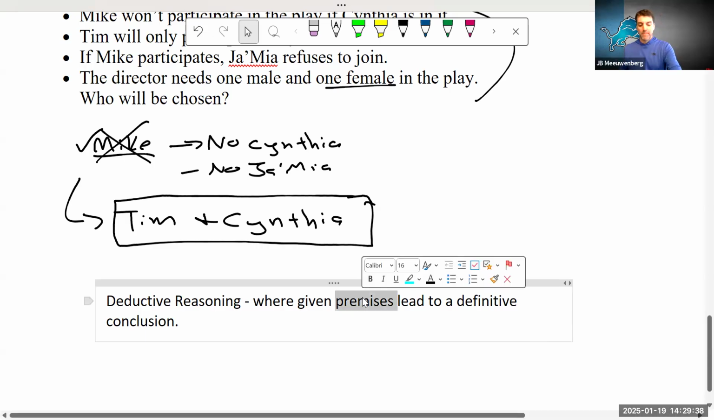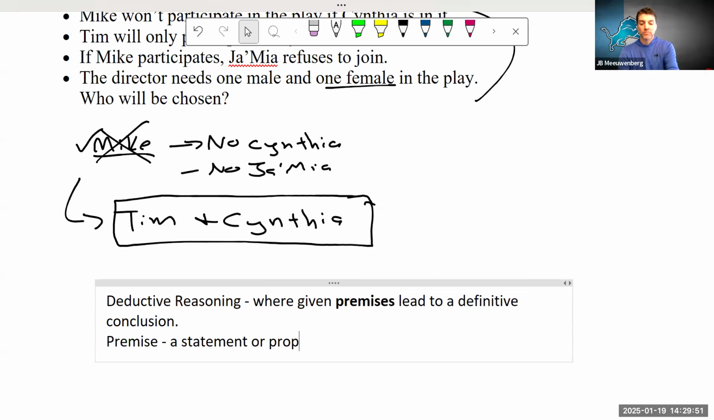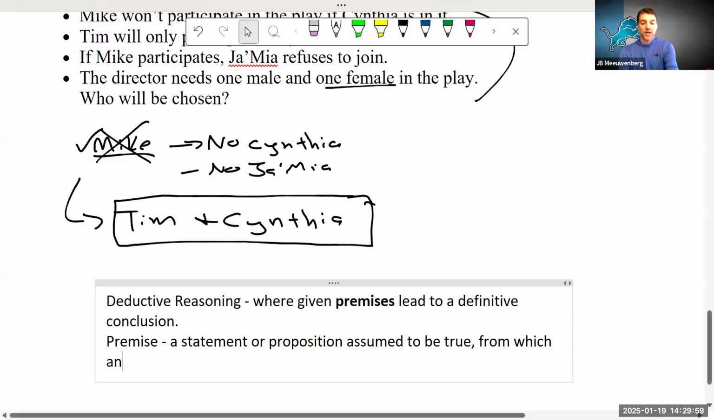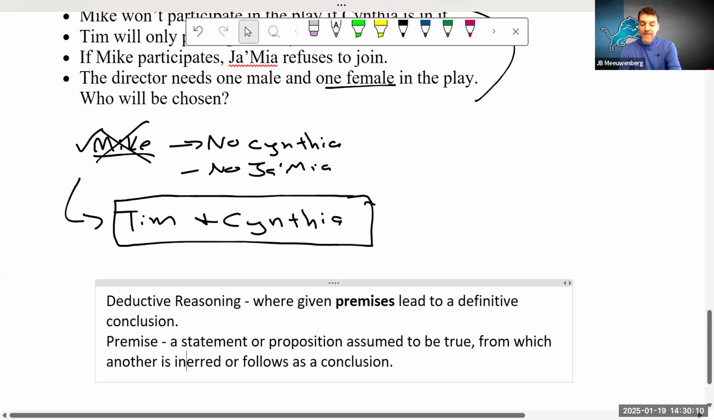So what are premises then? A premise is a statement or proposition assumed to be true from which another is inferred or follows as a conclusion. Inferred, I type a V and an F. Okay, a premise is a statement or proposition assumed to be true from which another is inferred or follows as